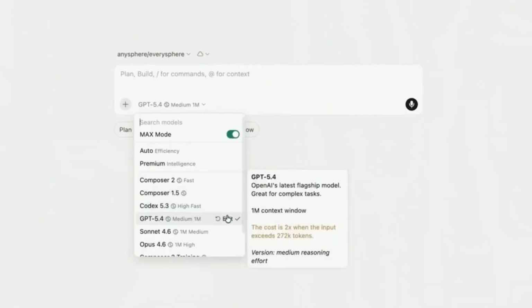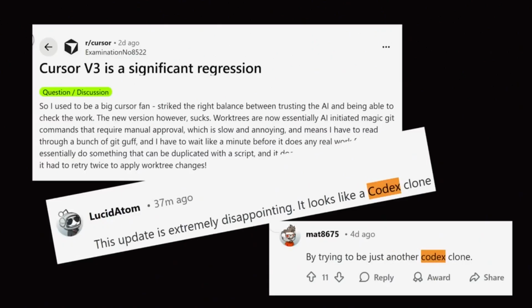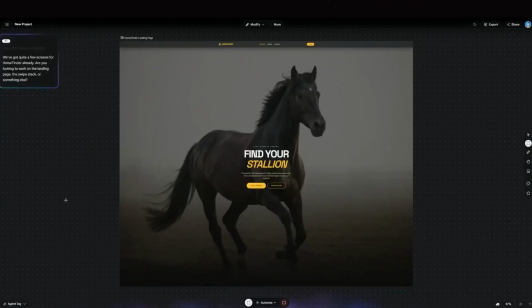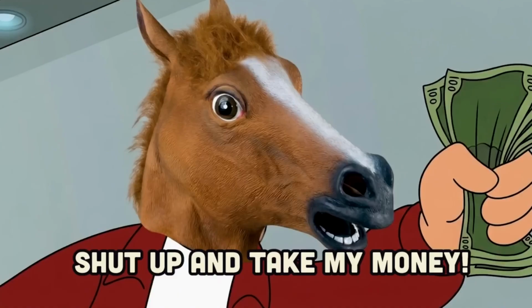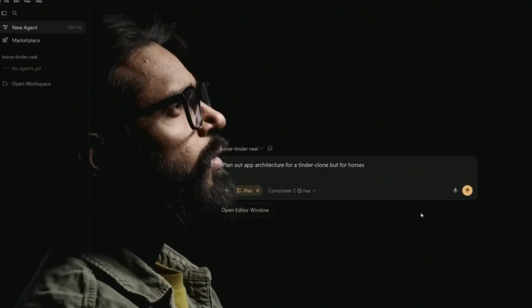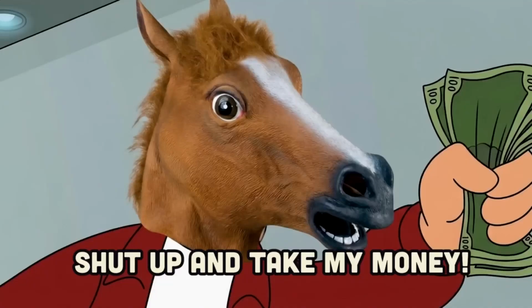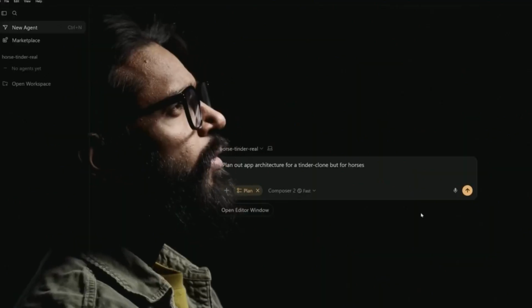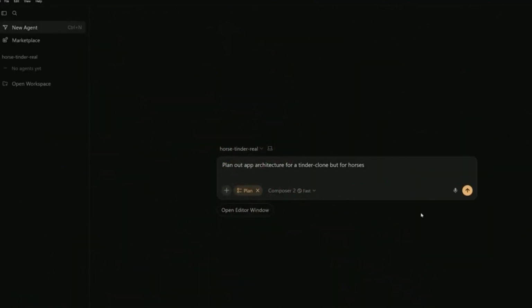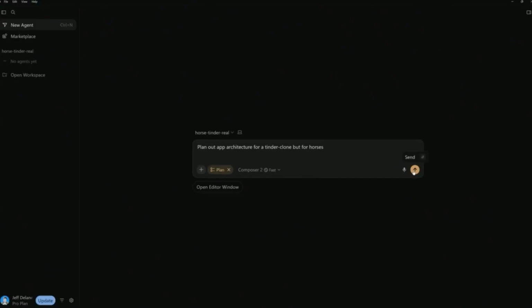But now let's see how it works in a real project after I introduced Horse Tender a few weeks ago. VCs have been flocking to fund it, but now I need a real prototype. Writing the code manually would take months, while vibe coding it would take weeks. But with a swarm of agents, I can knock it out by the end of this video. I'm kicking off a fresh project, and the first thing I might want to do is enter plan mode to have it figure out a basic architecture.